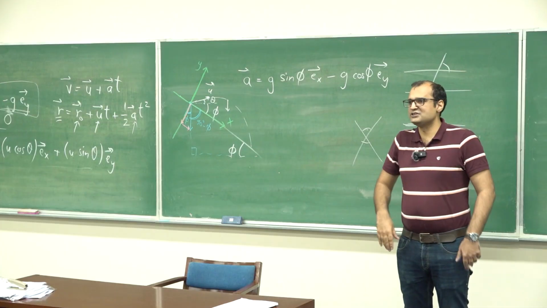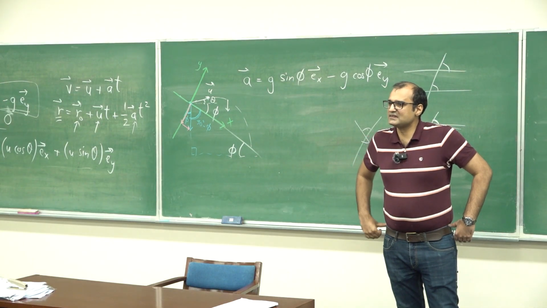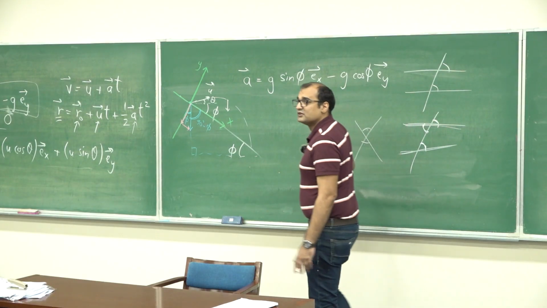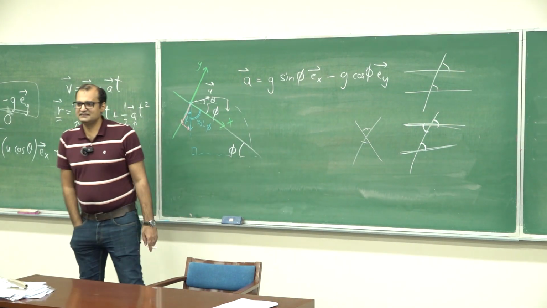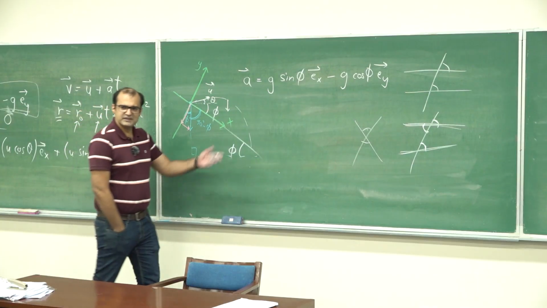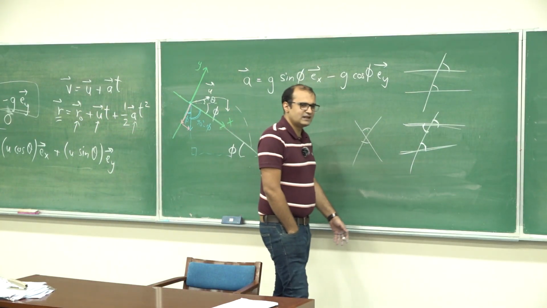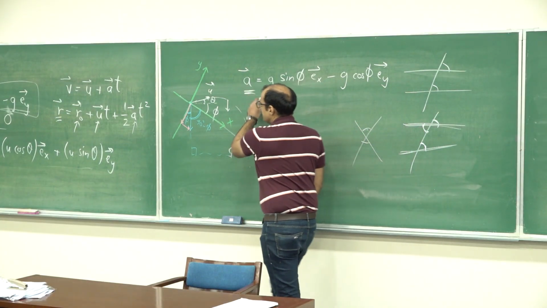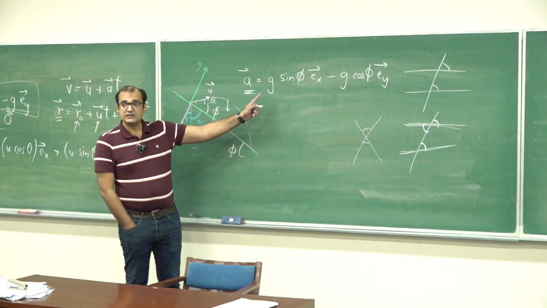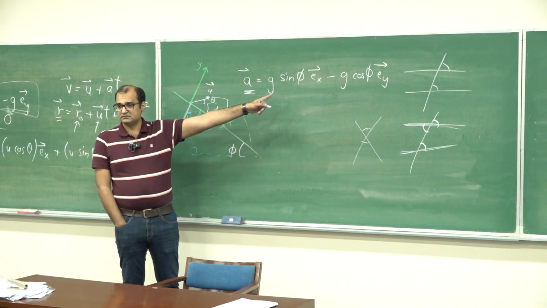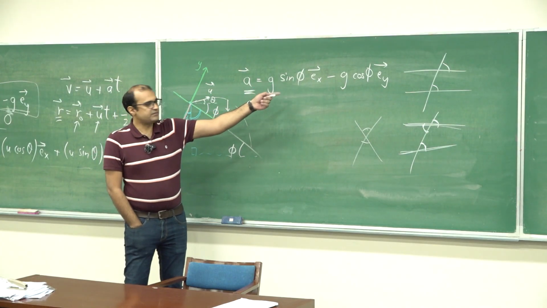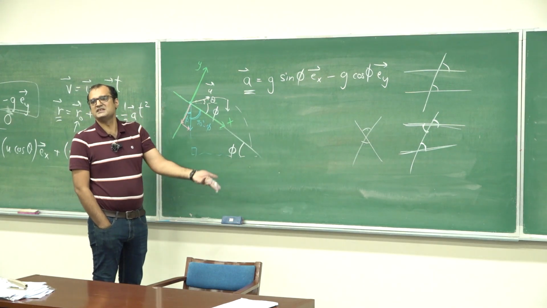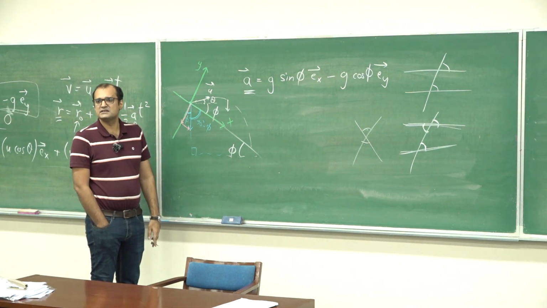That's the only way you're going to get it. When you rotate your axis, the components of these vectors pick up the sine and cosine, as you saw in one of last week's recitations. So you don't even need to draw these triangles. That's the only answer you could have. Once you have this acceleration vector, you plug it in. The important thing to note is this is a constant vector, because the arrow itself never changed. It's just its mathematical description that changed because you tilted your coordinate axis.